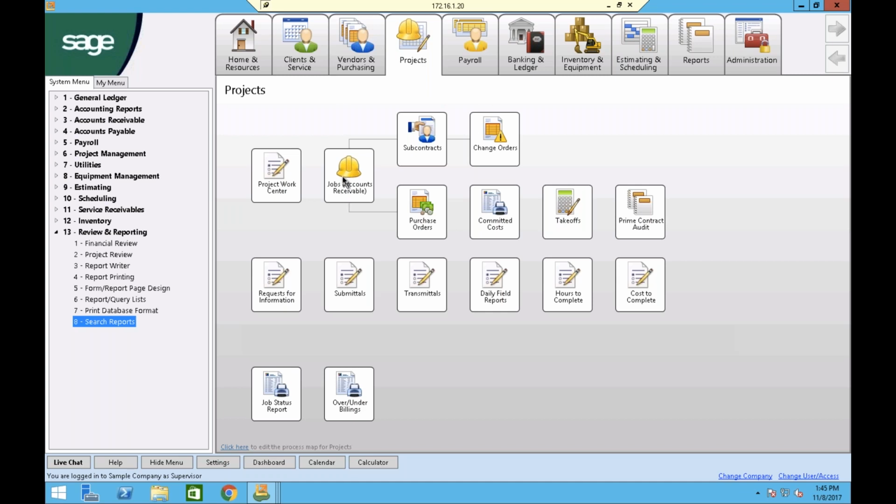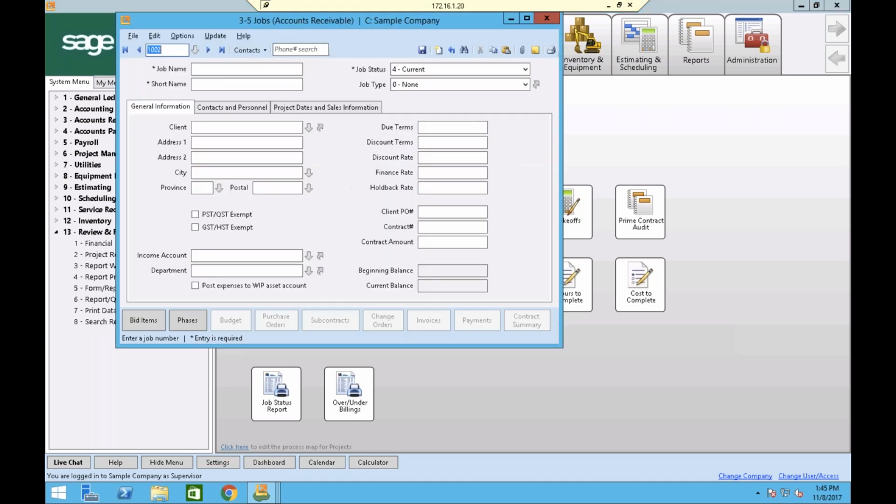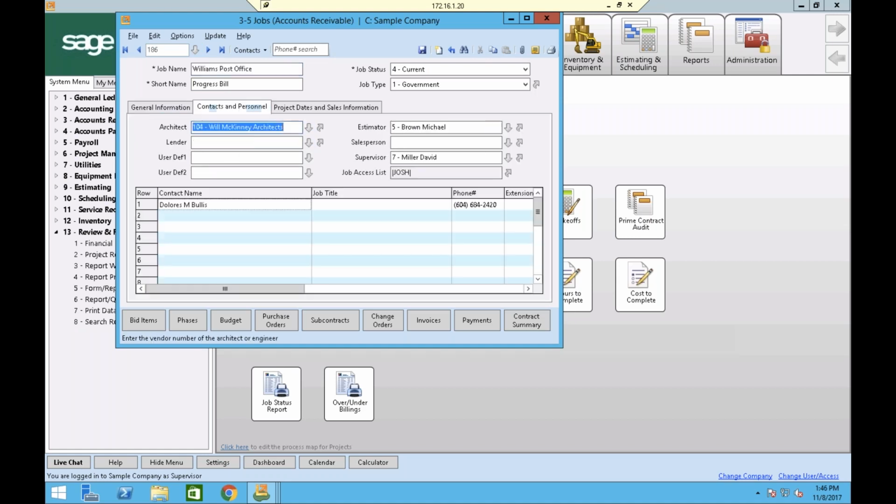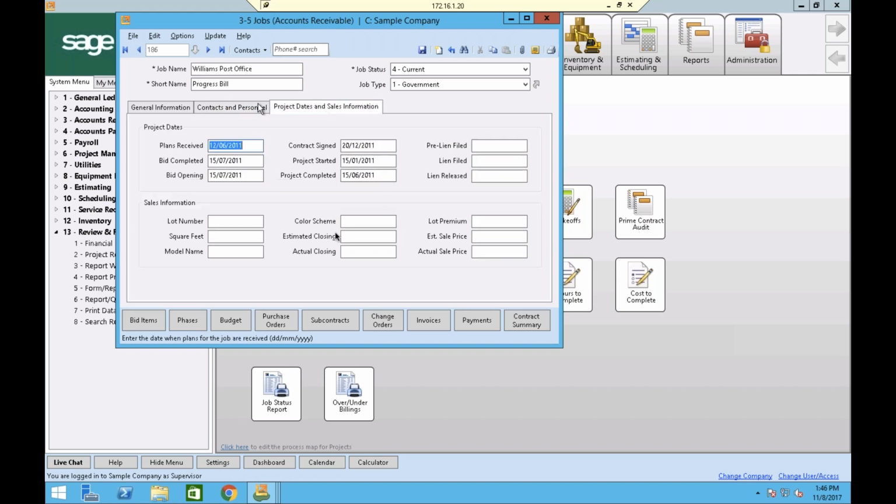Let's go back and set up my job. So the first thing I'm going to do, no matter what kind of contractor I am, is set up a job in the system, give it a name, give it a client. We can have multiple jobs per client as well. I have all of my job contacts here. I have dates here. Some of these fields you can rename, you can customize,